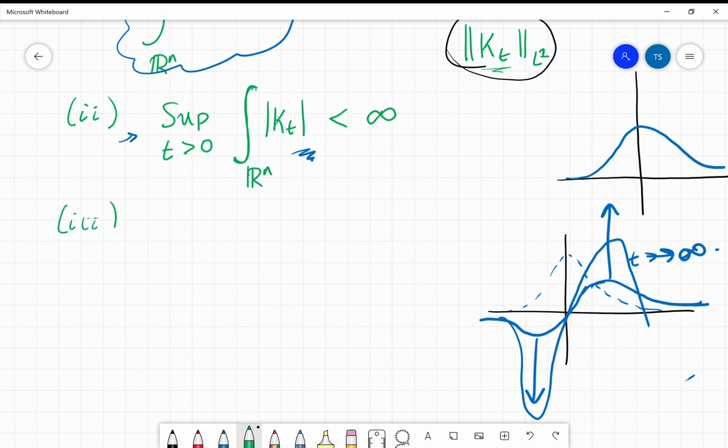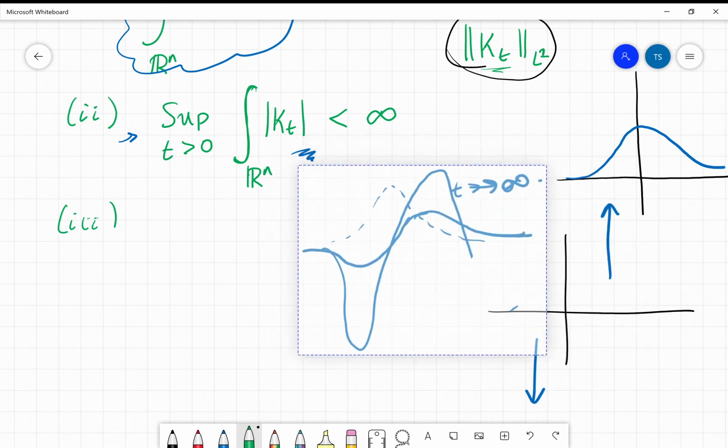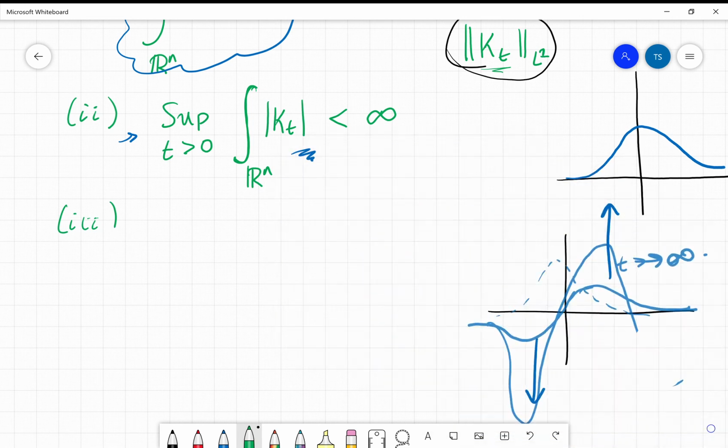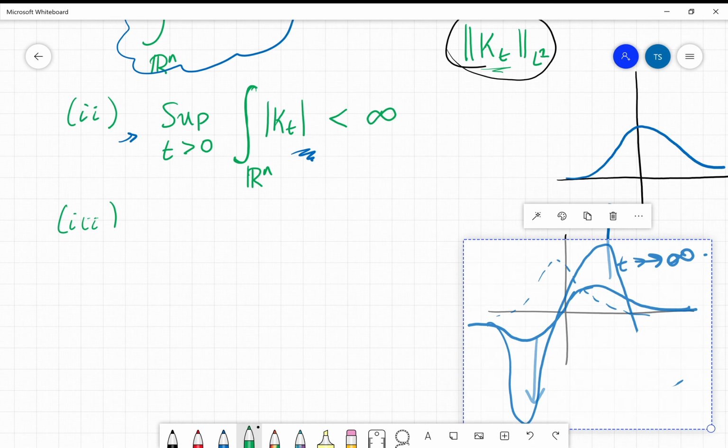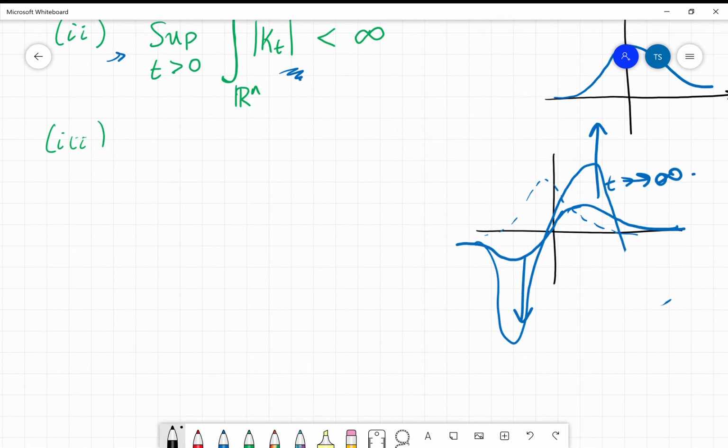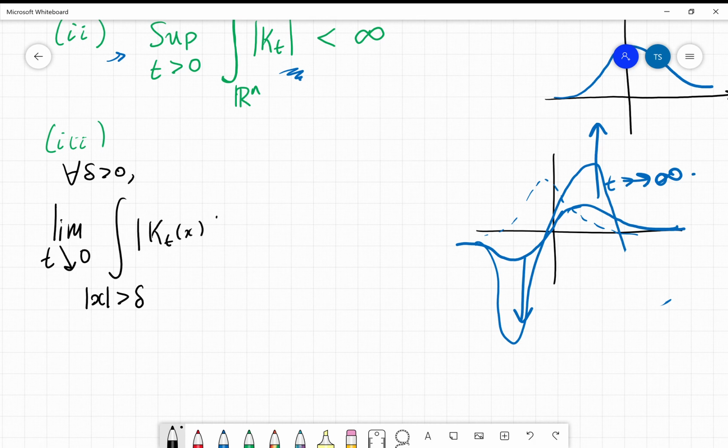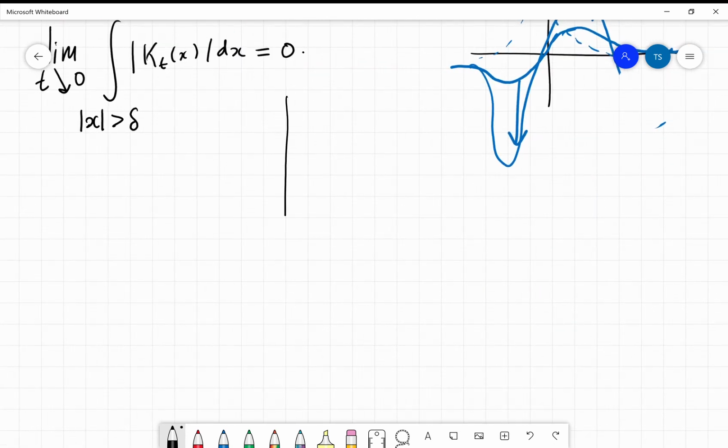And then the third condition is that essentially as you move time backwards, the function has got to end up being localized. So for all delta greater than 0, the limit as t goes down to 0 of the integral, this integral right here, of kt of x dx, must be equal to 0. Okay, so the idea is that you take